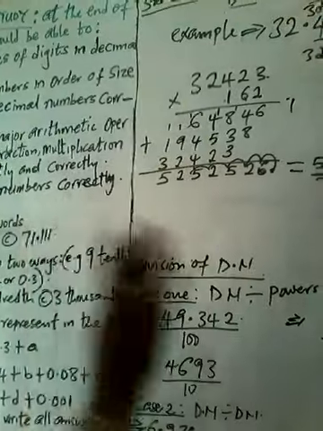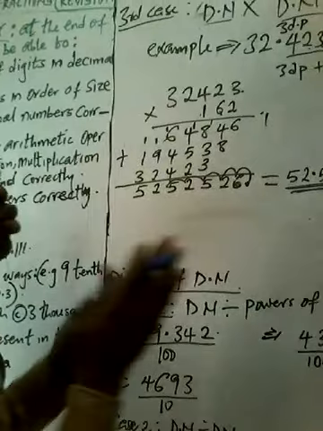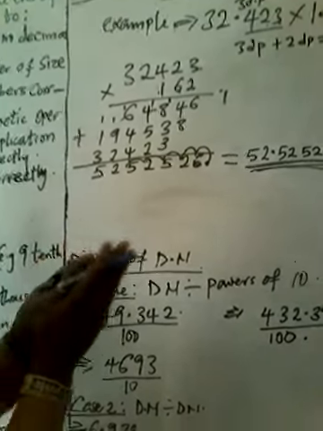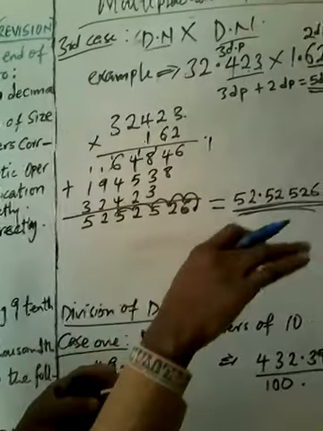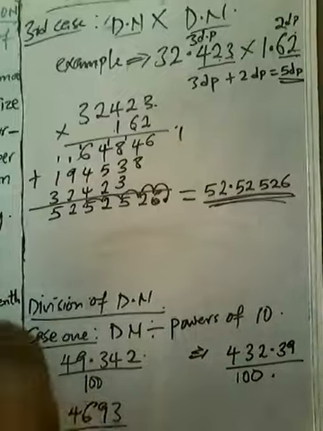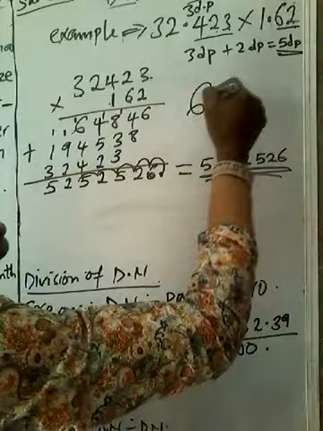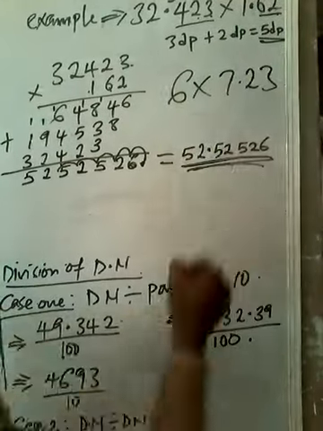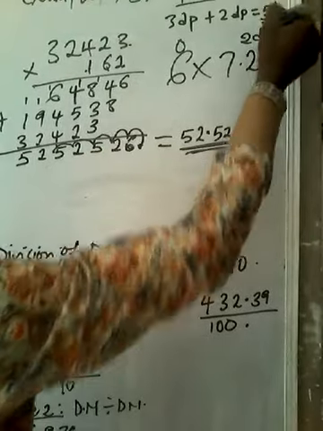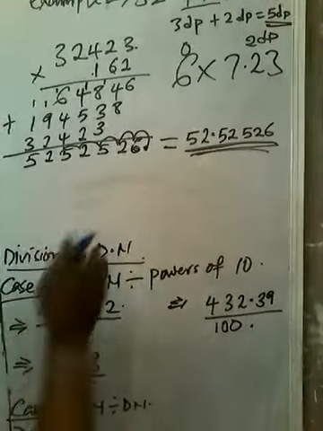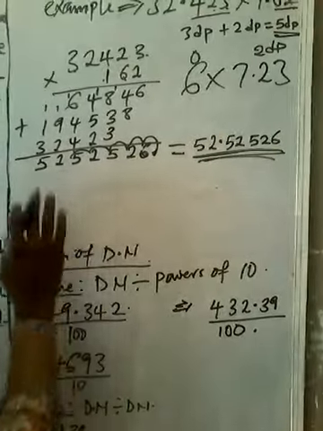And then, very, very simple. What you do is count the number of decimal places in the two numbers, add the decimal places together, and then multiply out normally, ignoring the point. Then introduce the sum of their decimal places counting from the right hand side backward. So if you have a number like 6 times 7.23, this number has 0 decimal places, and this one has 2 decimal places. So when you multiply out normally, ignoring the point, you introduce 2 decimal places in your answer to get the final answer.